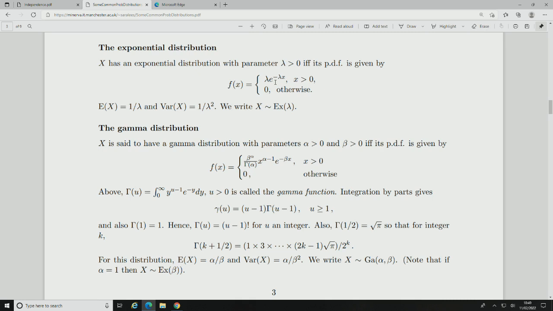I hope you get the idea about a random sample. That is, a random sample is a sequence of variables which are independent and identically distributed. So if you're asked to work out a probability like that, you simply use the independence property.